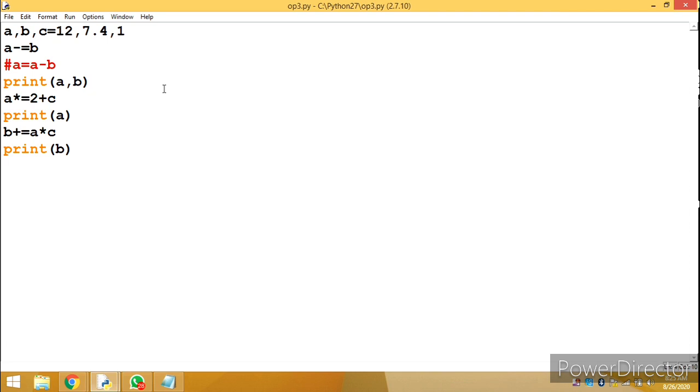So two types of conversion exist. One is the implicit conversion, which is performed by your interpreter, and the other is the explicit type of conversion, which is performed by the user. The user forces the data type to change on his own. Again, each and every day we'll start with one or two output questions, and then we'll proceed to the next class.